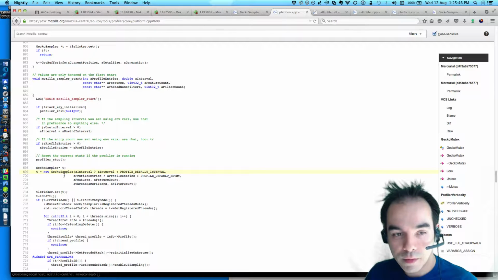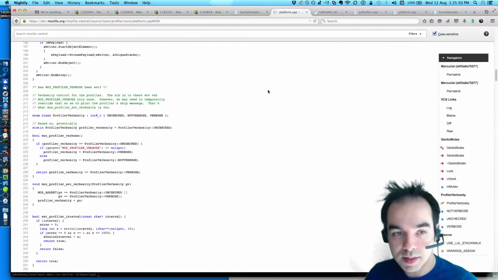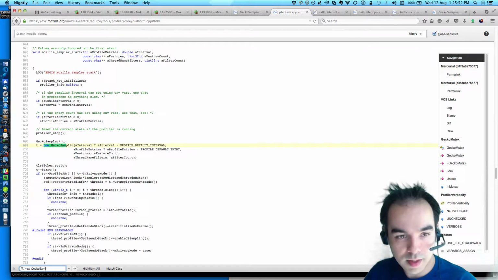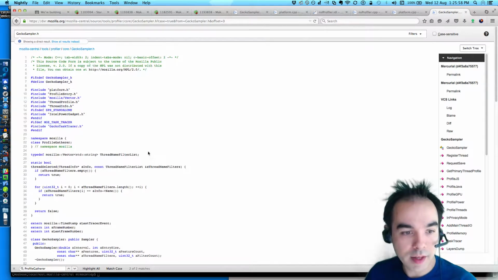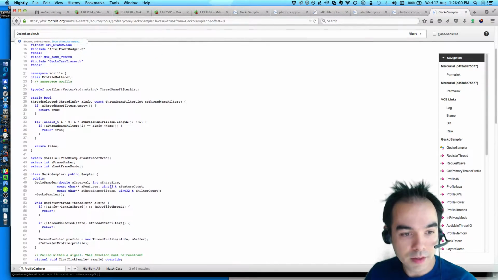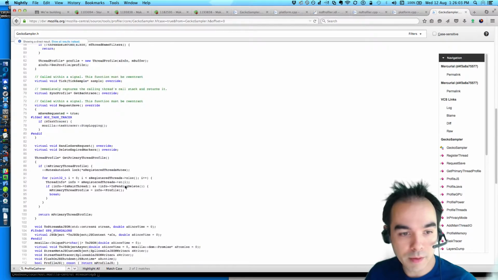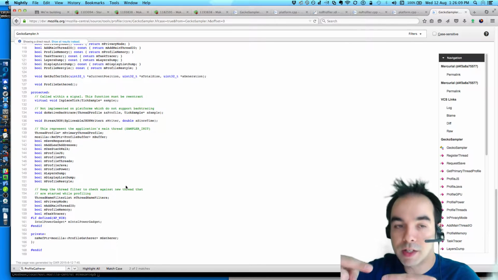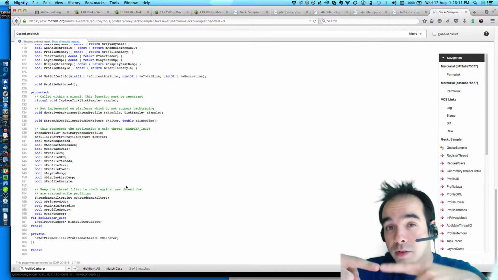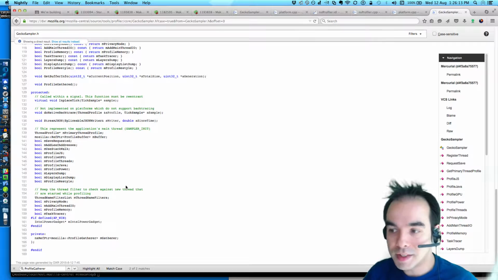So I wonder if we can combine the sampler and the gatherer. Having these individual objects seems a bit silly. Whoops, new Gecko sampler. What is Gecko sampler? Does it implement any nsI gunk? It does not. And maybe we want to keep it that way, in which case having the profile gatherer be its own class isn't too bad. But basically what we're doing is creating a one-to-one relationship between the Gecko sampler and the profile gatherer, which I don't know if that's useful.